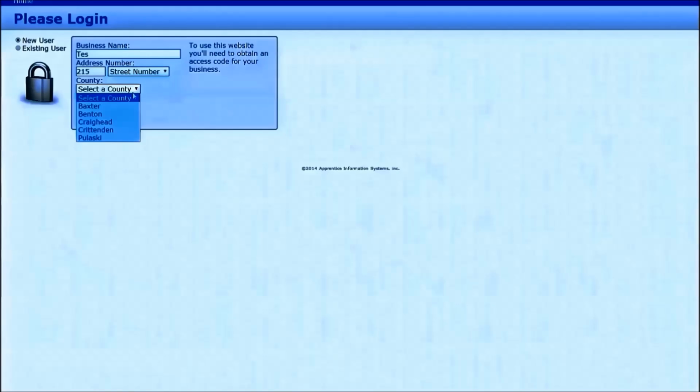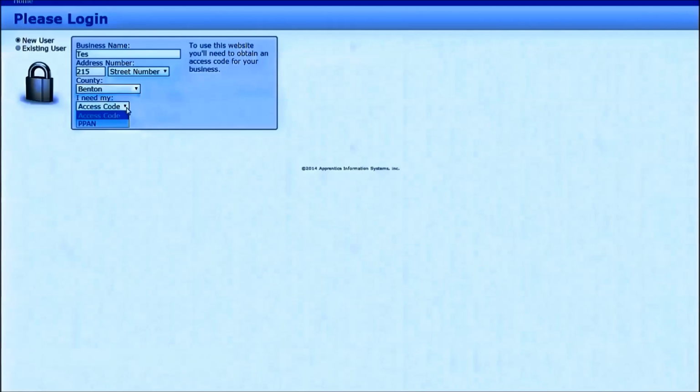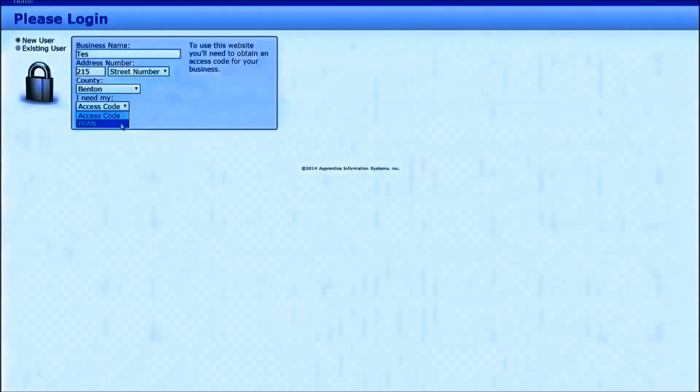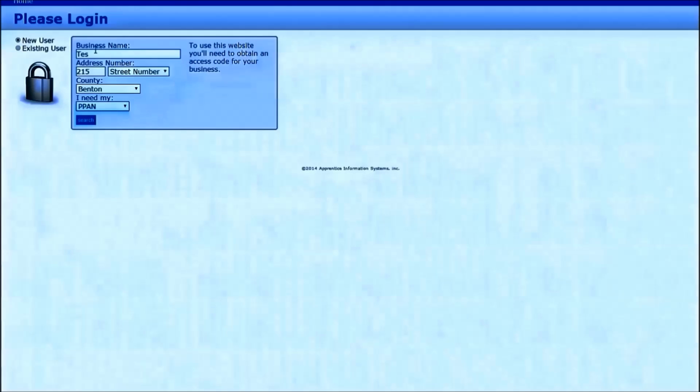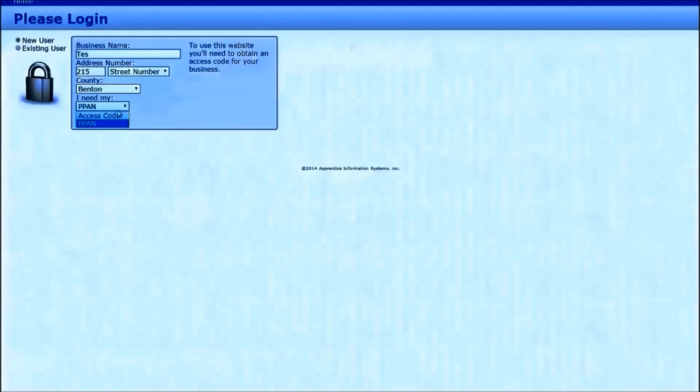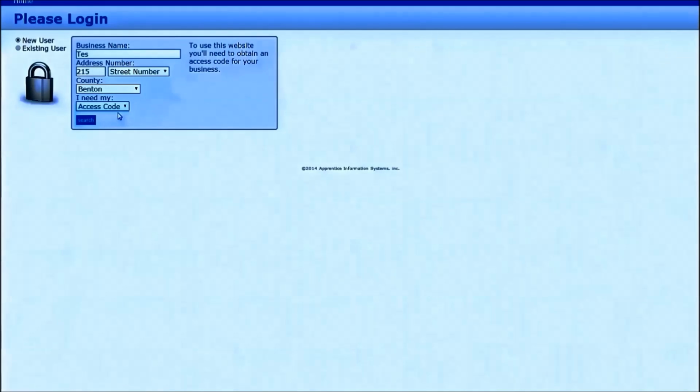Select Benton for county and select I need my PPAN. Click Search. In order to get your access code, fill in the same information and select I need my access code and click Search. Click on your business, search again, and an email will be sent to the address we have on file. If you do not receive the email, please contact our office at